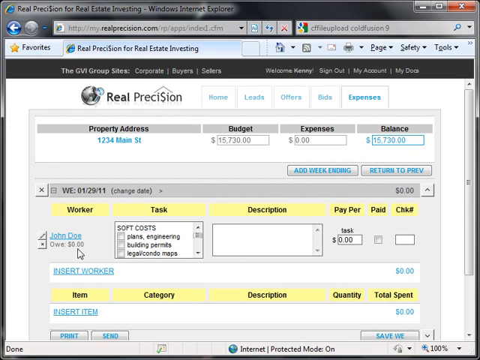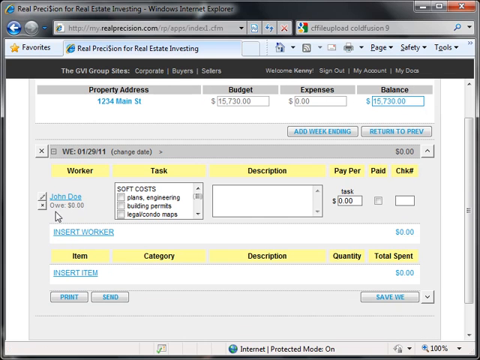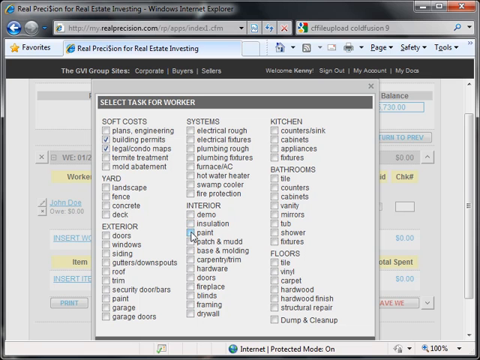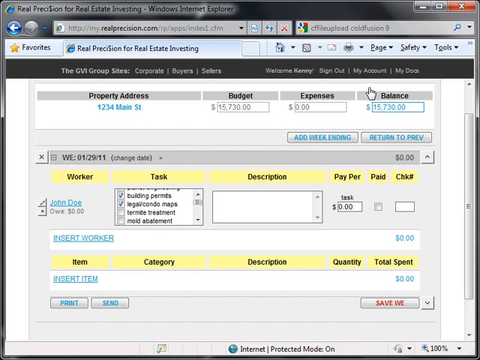Okay. Now you can see John's name there, and we can see that we owe him $0 because we haven't entered in that he's done any work yet. Under task here, we can click on several different subcategories that he worked on that week. We can click on here to open up a bigger window if you can't really see it. There we go. We can enter in a description of what he actually worked on, and then an amount that we paid him for that particular task. But if he's an hourly worker, then we would enter in the hours that he worked for that week. So we're just going to put in an amount here,